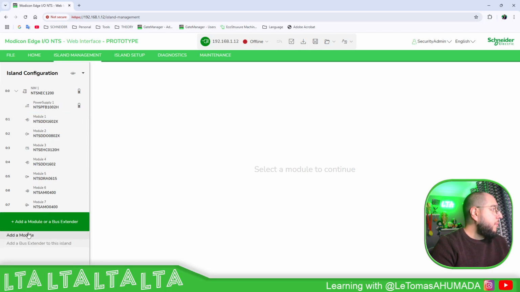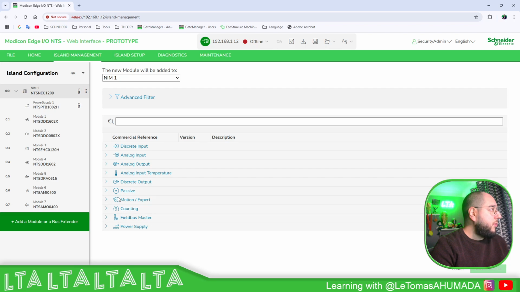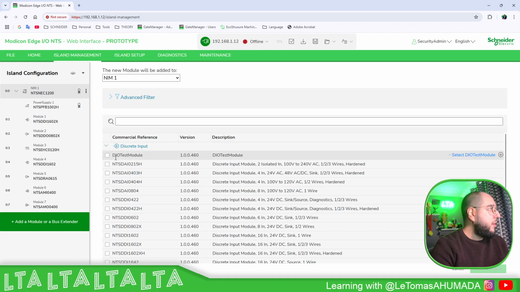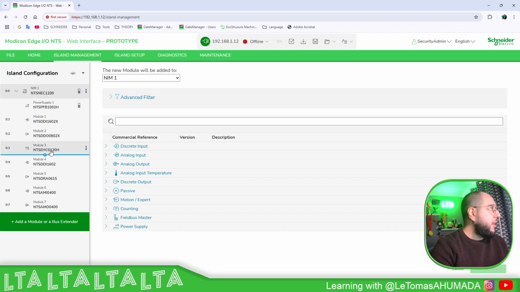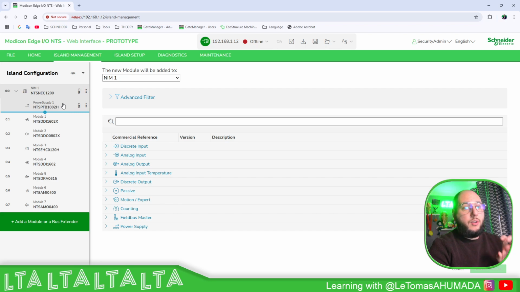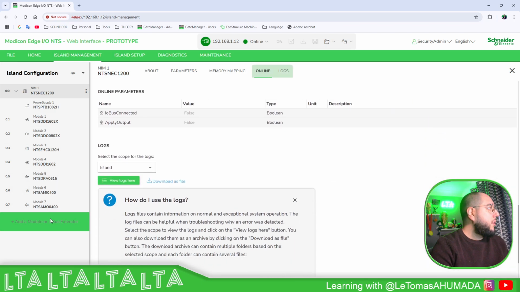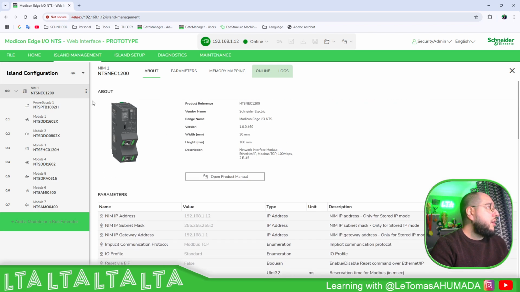Here you can add more things, add a model, and you should be able to see that I have the possibility to add all different kinds of models, okay. This is the offline configuration part, but if you go online, you can see that I cannot add anything at all. But something good here is to check